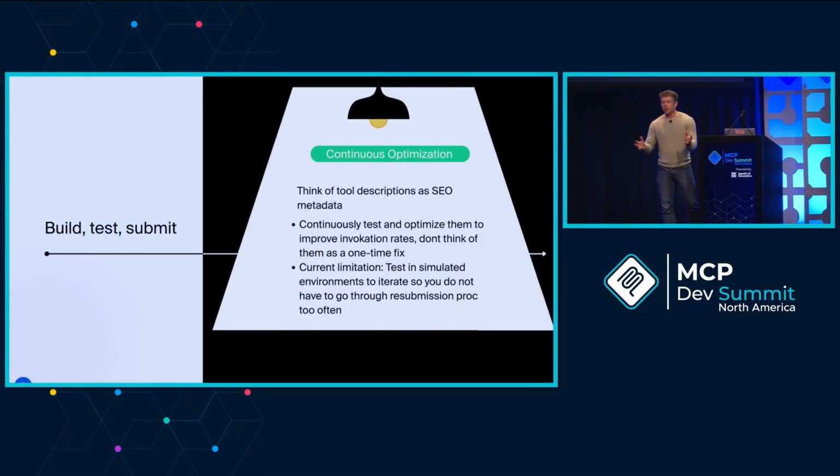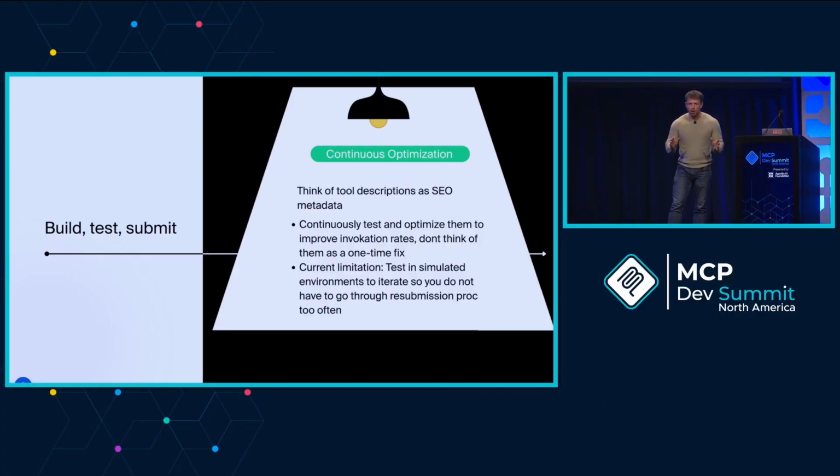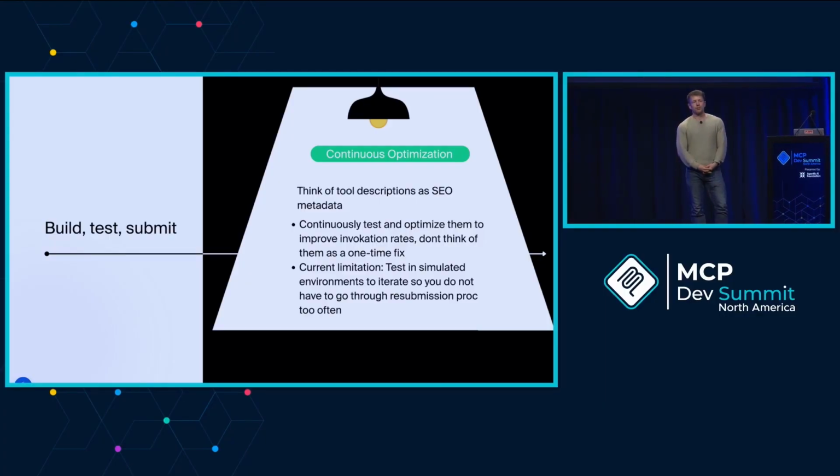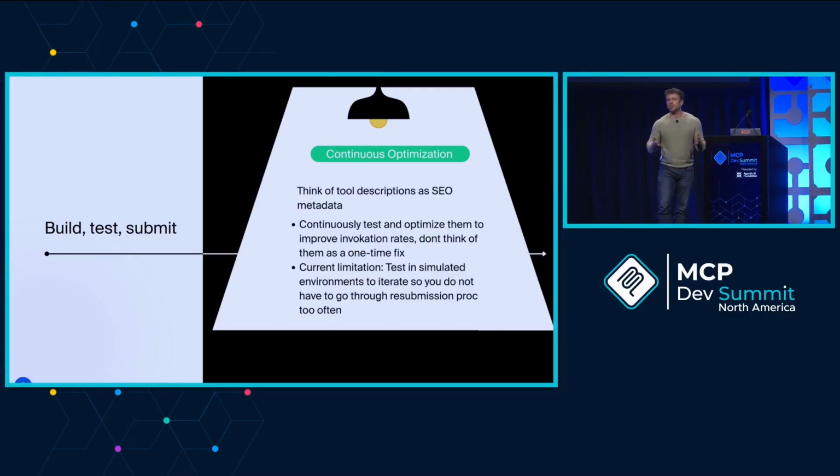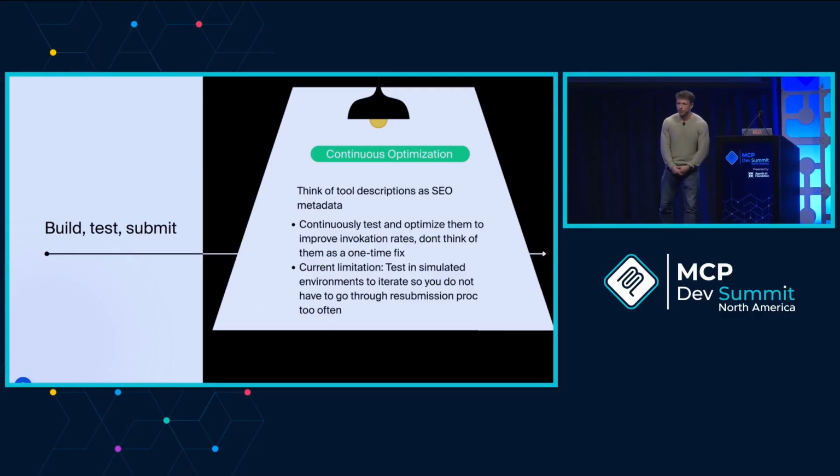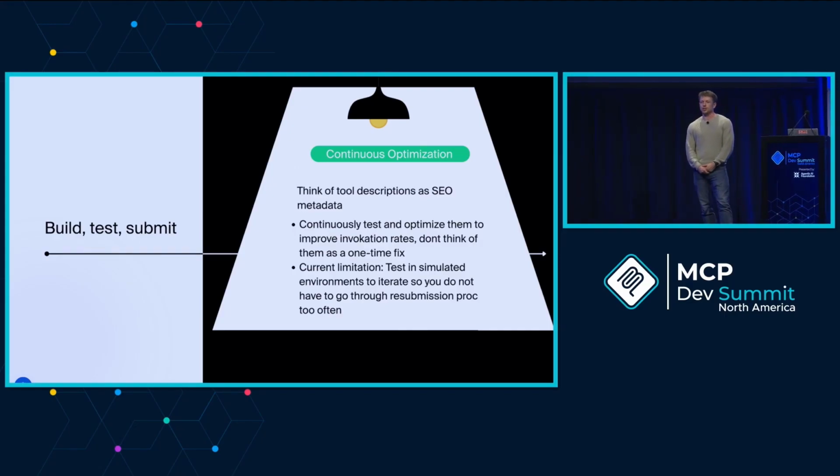So the takeaway is, don't just lock it in and let it go. You have to be very active with your tool metadata. You have to constantly be looking at competitors. You have to be looking at invocation rates. Obviously, there is a bit of a limitation. You need to always resubmit. But for instance, apps on the iOS store is the exact same thing. You just need to get into a cycle and continuously be monitoring this, especially as it gets more crowded on the playing field and you want to win those organic prompt discoveries.